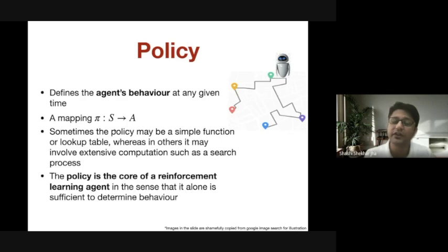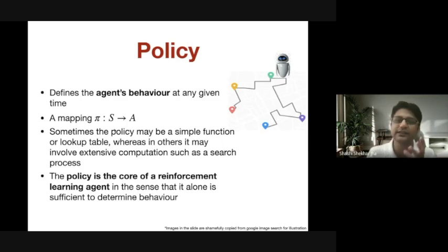Or it could be a very complicated function which takes the current state or features of the state as an input, and then tries to come up with a probability distribution over the actions. Those kinds of policies are called stochastic policies, where for a particular state not a single action is fixed, but a distribution over the actions is given.